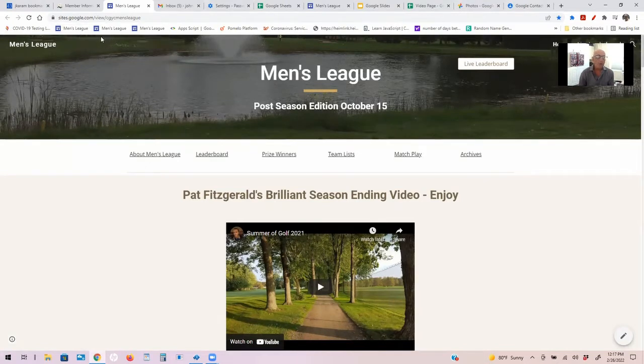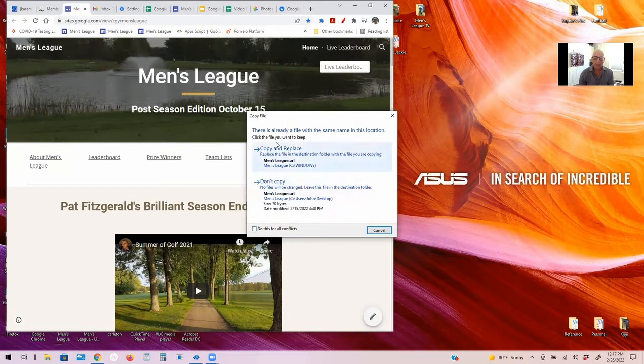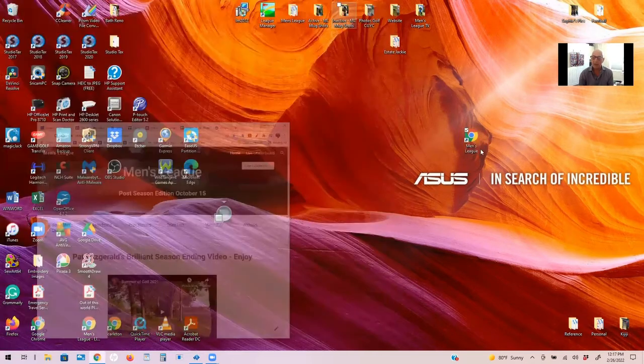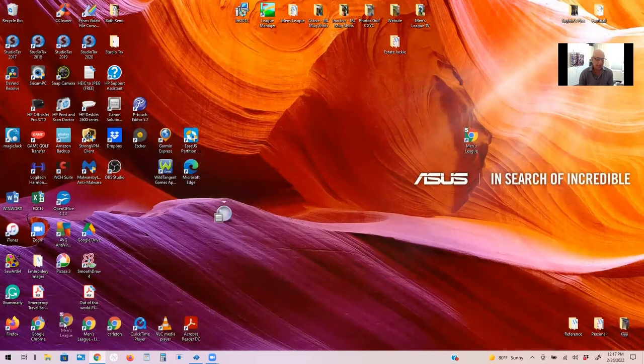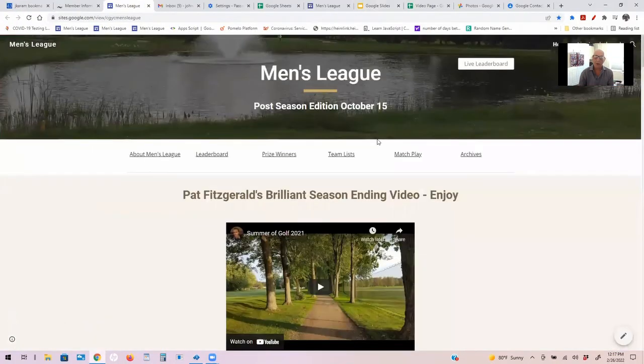There is another way I want to show you to get to it. If I minimize the page, you can see my desktop in the back. If I take this lock and I drop it onto my desktop, because I've already got one on here, I do this, copy and replace. I have another icon called Men's League. I'm just going to minimize this and put it with my other ones. Instead of going onto my Google browser and then going through all that, you can just click on this. It'll take you right to the site. So those are the three methods that I know of that you can get to the